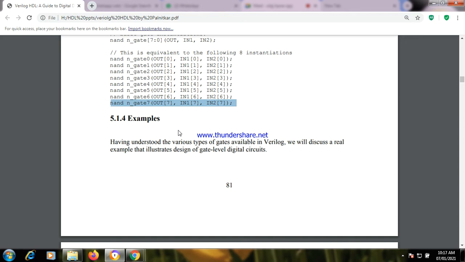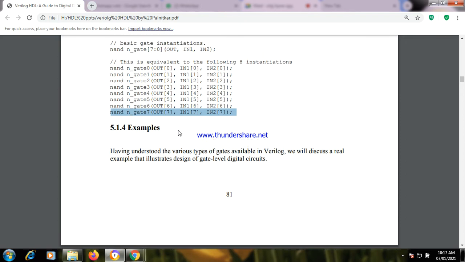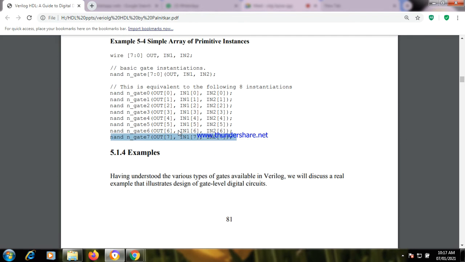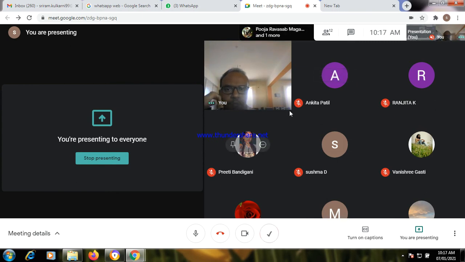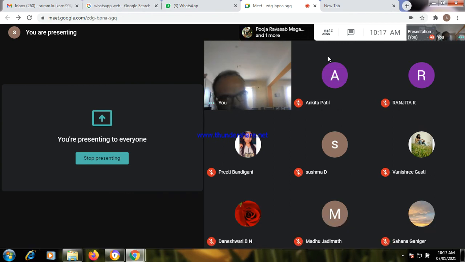Clear? Any doubts here? So this is the way of showing array of instances. Any doubts? Priti? Abhinandan, any doubts? Yes, sir. No, right? Okay.